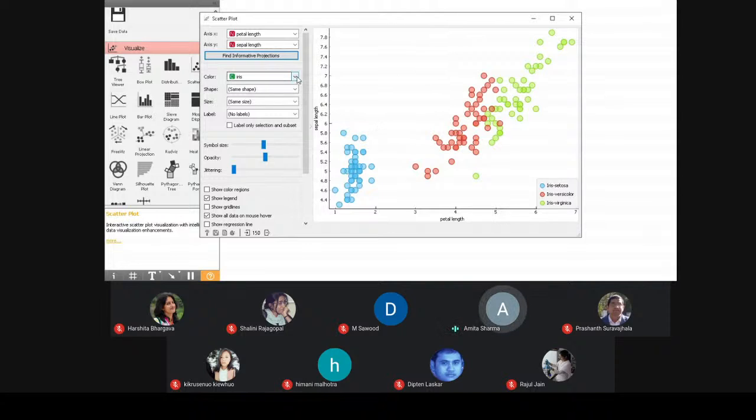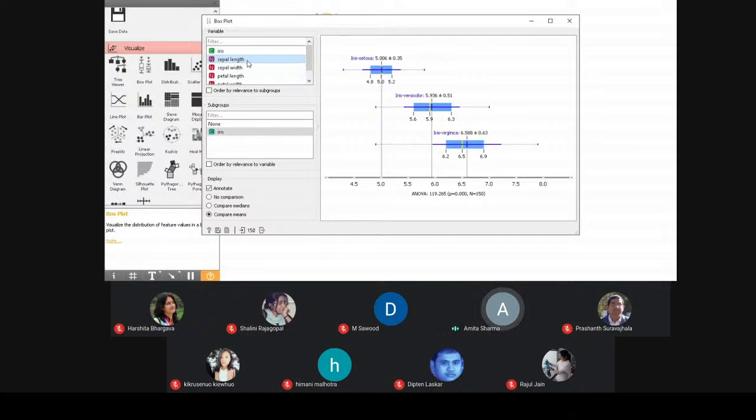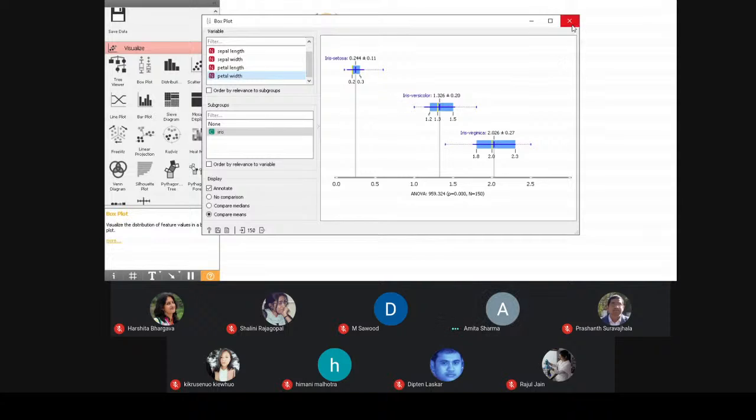Okay, and also you can change the shape if your data is heterogeneous and you want to depict the data in various colors or various sizes. You can use the various options with respect to your choice. Okay. And we also have the box plot, which we generally use to identify the outliers in our data set. Here it will give the outlier with respect to each field. You can select the particular field and get the box plot, and from this you can read the box plot and identify your outliers. Okay.